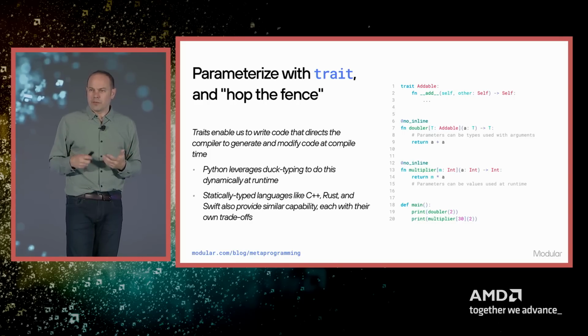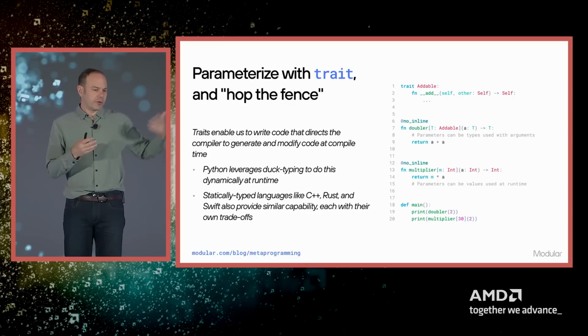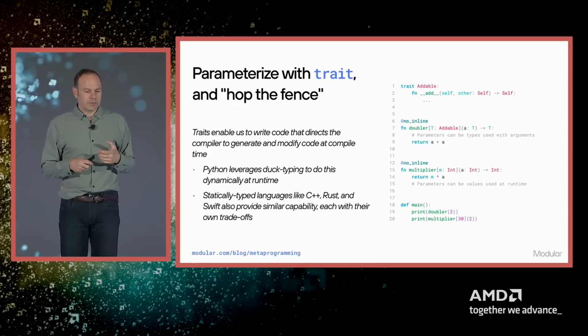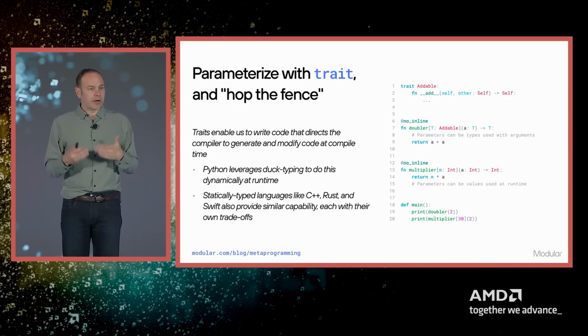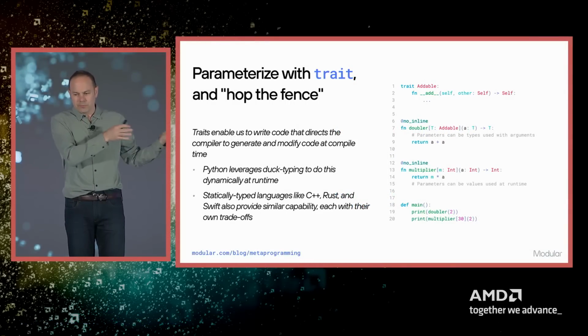Now, Mojo has a very powerful generic system, and if you're familiar with languages like Rust, Mojo has traits, and this makes it very easy to generate very good error messages when you do things that are wrong, because you're not having to instantiate all the templates to figure out what went wrong. You can actually report the error right at the site that you do something wrong. And so this gives you very powerful new ways to model programs. And this is why people love writing Mojo.